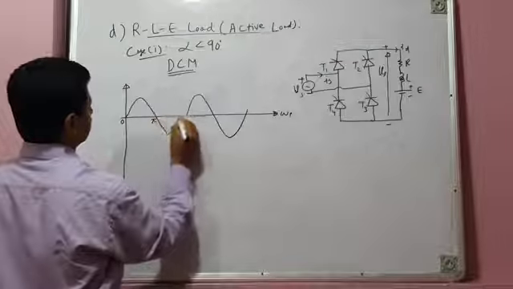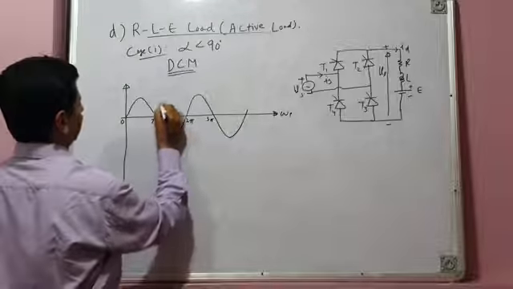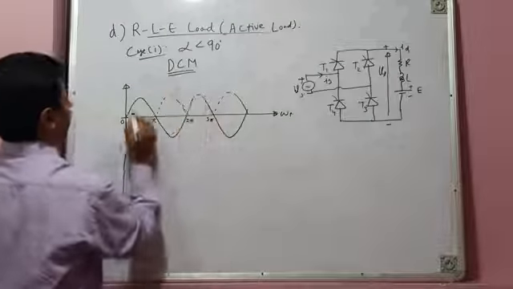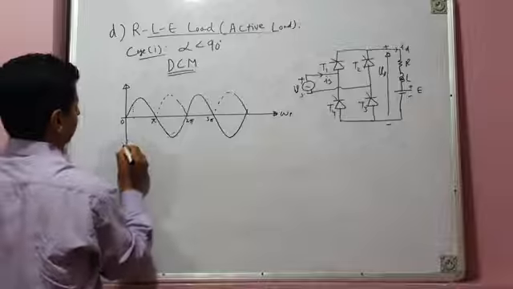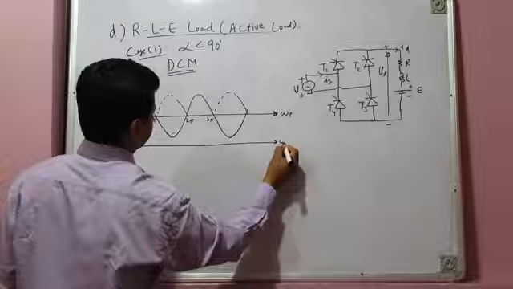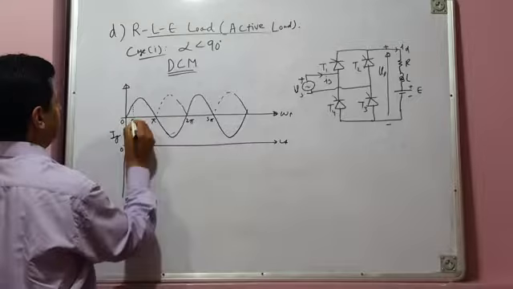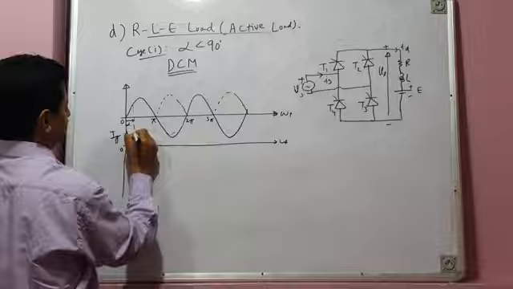These are zero crossings: 0, pi, 2 pi, 3 pi, and so on. Let us show the firing pulse pattern for alpha less than 90 degrees. Let's assume this is alpha. I will show you the firing pulse pattern, the gating current pattern, IG. So this is alpha, around 60 degrees here.